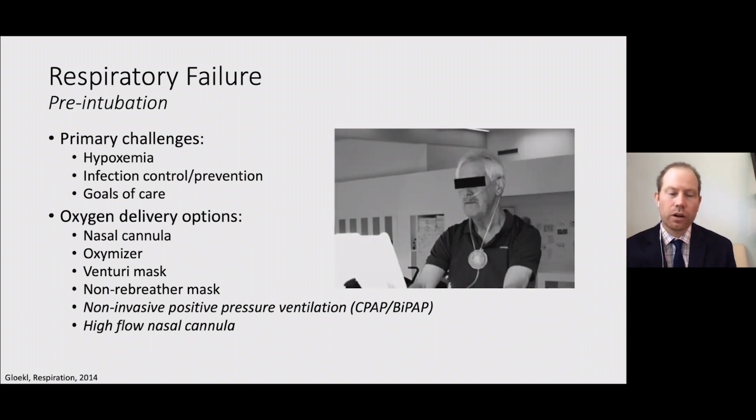So we'll spend a large portion of the talk today talking about respiratory failure, in part because, as we mentioned, respiratory failure is the way that many of these patients die, and it's the primary challenge that we face when we take care of COVID-19 patients in the ICU. The primary type of respiratory failure that we deal with in these patients is hypoxemic. To some extent, we may see hypercarbia, but it's largely hypoxemic. And our challenges in managing respiratory failure are similar to other patients, with the added challenge of infection control and prevention, as we'll talk about in just a moment. And then we also have to think very carefully about goals of care.